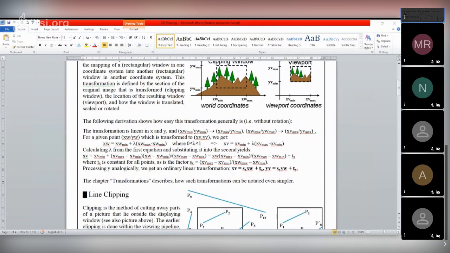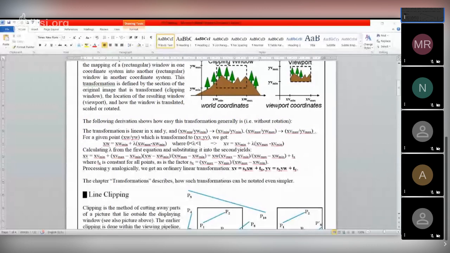Vxv equal to sx, this is a scaling factor along the x side. Here the scaling factor should be 1 by something, because we are reducing the size, and similarly the scaling factor along the y side is also reducing the size. So we are decreasing the size, it's not increasing. Anyhow, we have fixed our real life view into our device view, device viewport, device view area. So this is called the viewing, how we are capturing the real life scene.